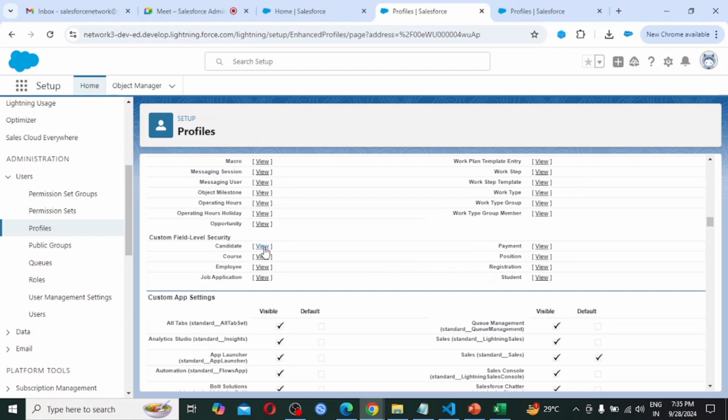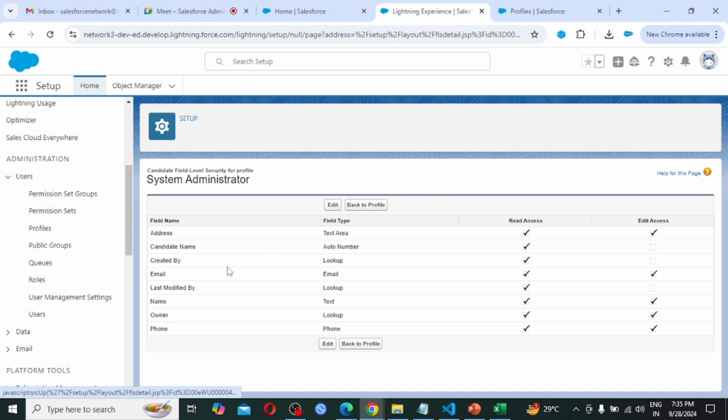If I need to, I click on View, so I am clicking View for candidate. See, these many fields we had created on the candidate object: address, candidate name, created by, email, last modified by, name, owner, phone. Also the field type, that is the data type taken for each, is shown here, and at the right side we are seeing read access and edit access.